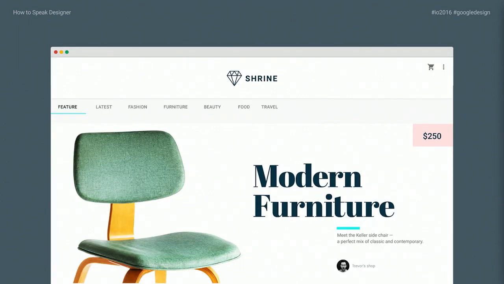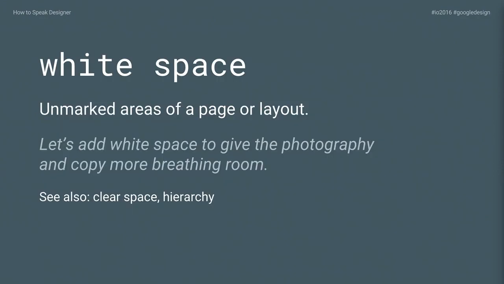And we can see how, as the aspect ratios shift in Shrine, some of the images get more or less white space around them. Let's define white space too, because that's another one of those terms that's easy to kind of gloss over. It's deceptively simple. It's not blank space. It's actually an important design element. It helps to balance between the positive and the negative space and really help a user move through or navigate around all those elements with ease.